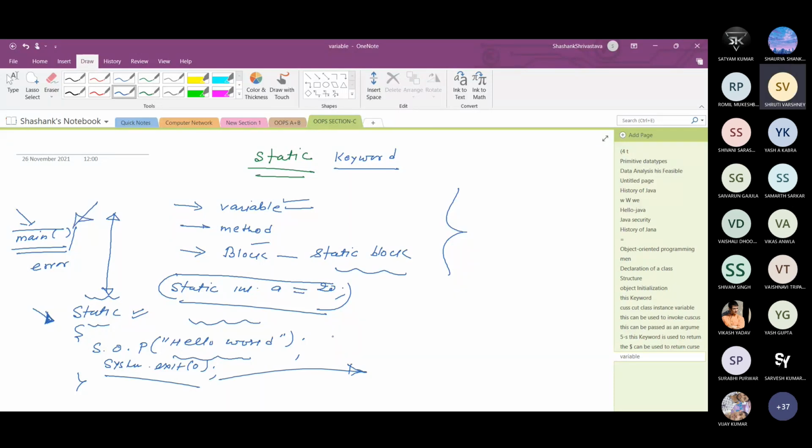So in that particular case, without the main method, your program is executed. Okay, so basically this is a very specific case. For static blocks, generally in interviews it is asked how, without a main method, you can execute a program in Java. So this is basically the significance of a static block. The static block is executed before the main method.